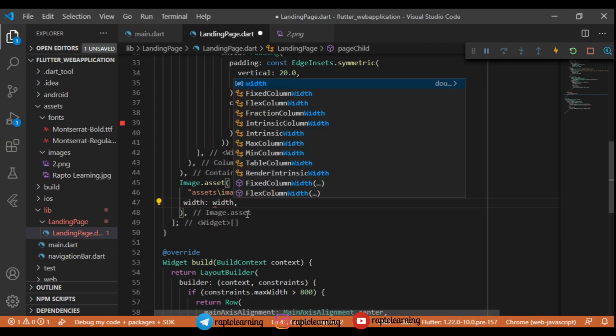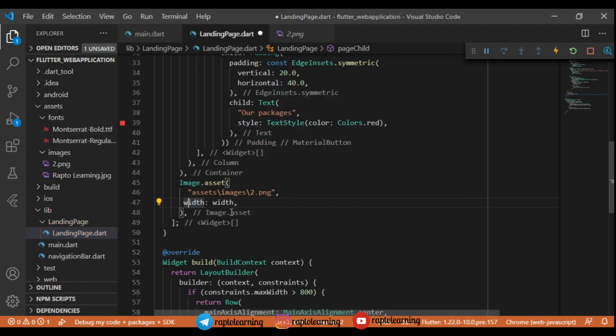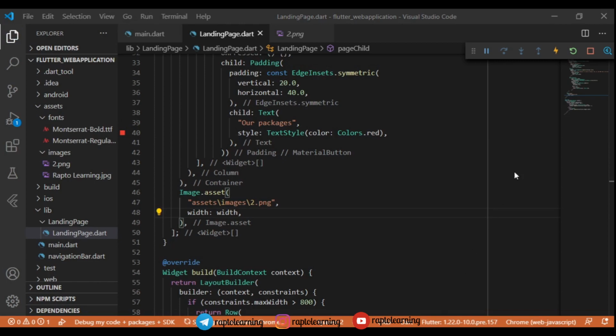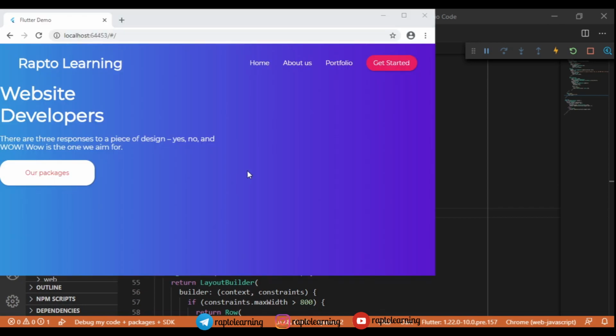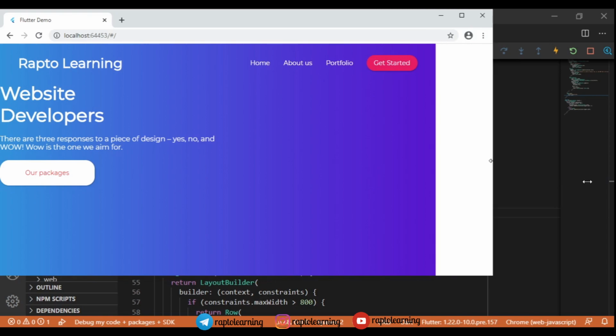Here I will add width as the variable that we are going to pass through the layout builder, that will give us the exact width we want according to the screen size. Yeah, this looks fine. So let's reload our web app again and see what changes happen.